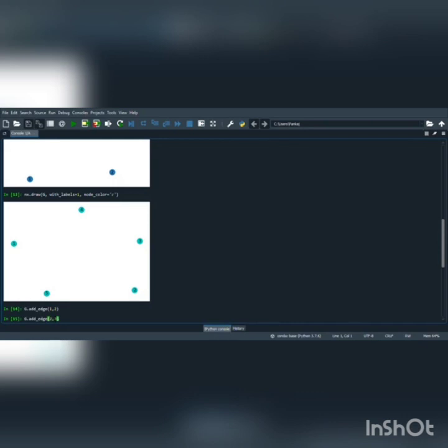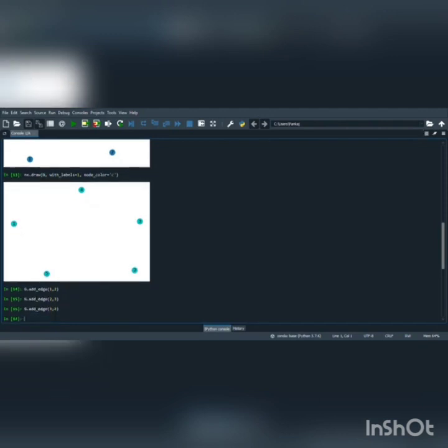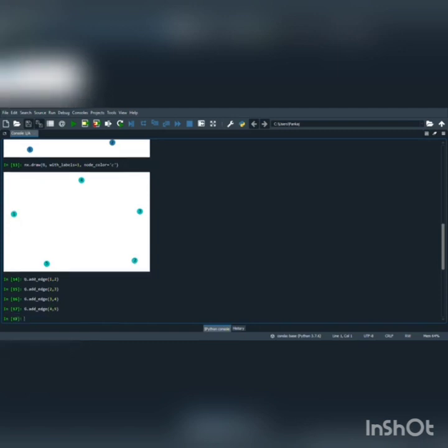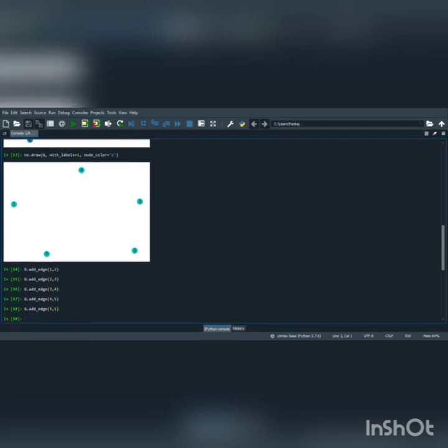We will pass parameters like 1 comma 2, 2 comma 3, 3 comma 4, 4 comma 5, 5 comma 6 in the respective function's parameter. And again we can call the draw function to see whether our edge is created or not.